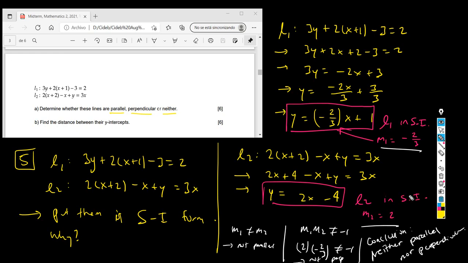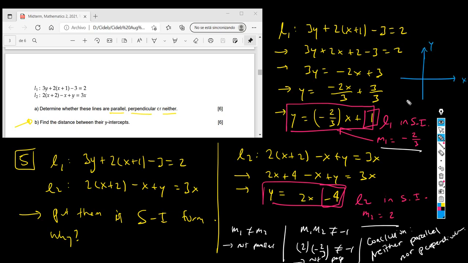And the other question is quite easy, straightforward. Find the distance between the y-intercepts. Look at the y-intercepts. It's 1 and minus 4. Okay, what that means is, if you look